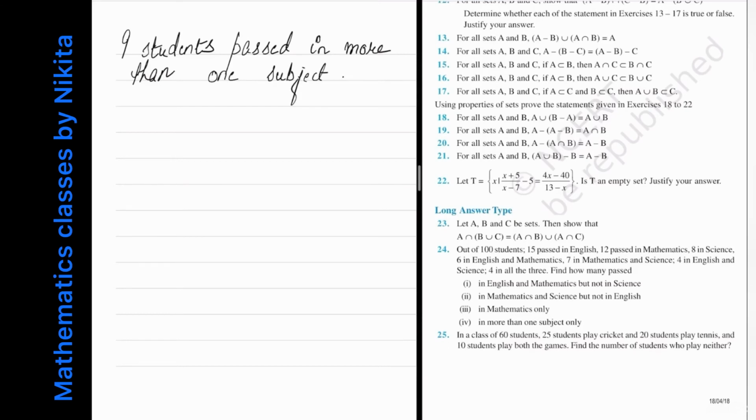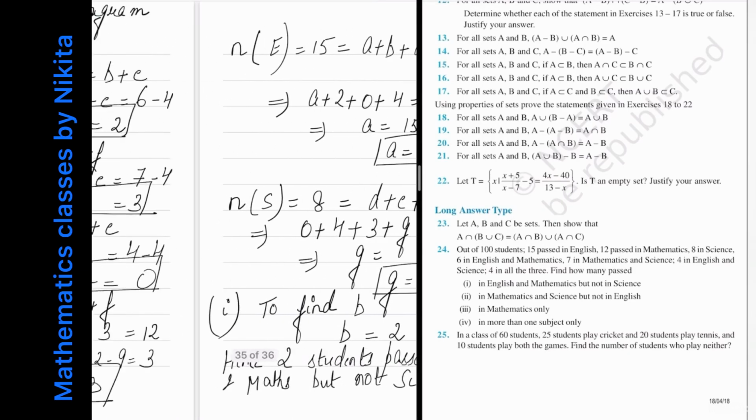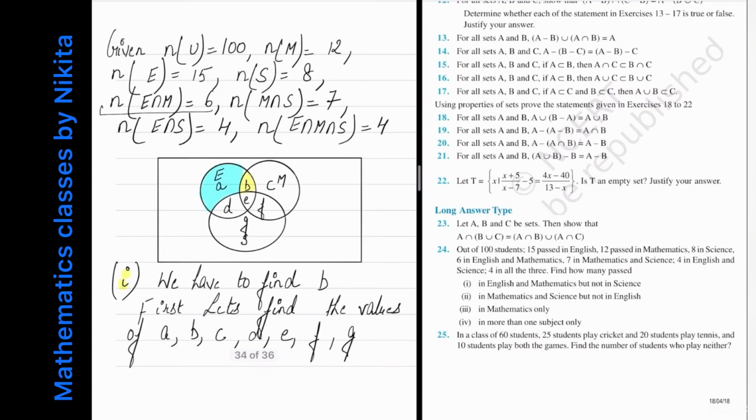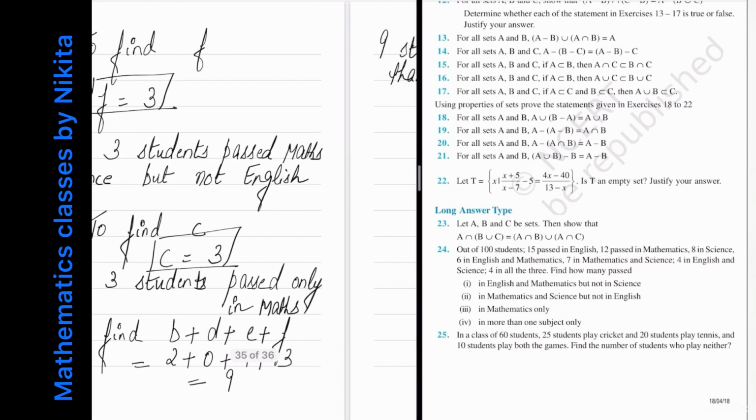So this is how you have to do this question. So the most important thing in this question is the Venn diagram. अगर आपको ये Venn diagram समझ आ गया, so whatever is given to you here, you can just first of all see the Venn diagram and visualize. ठीक है. तो आपको कौन सी values find करनी है, और जितना भी data आपको given है उसके through you can find all the values. So very easy, very important thing to note here is the Venn diagram. Now let's see the next question.